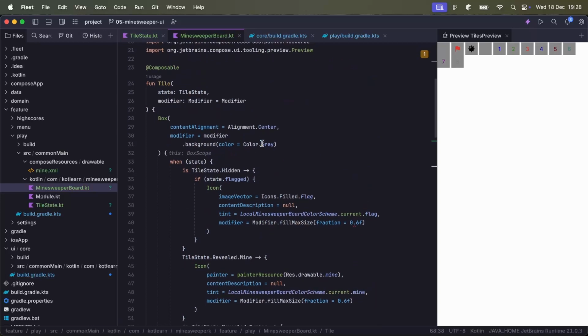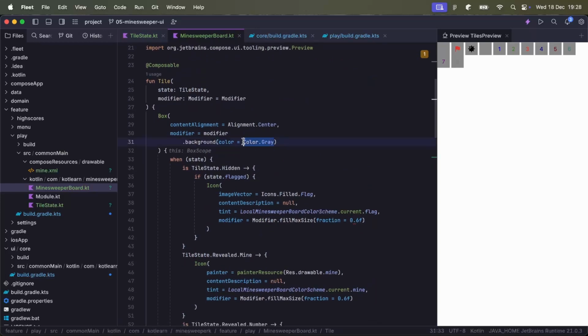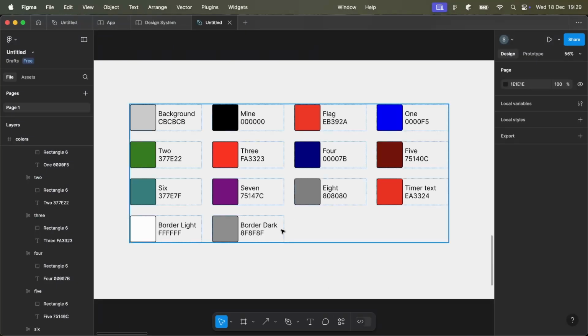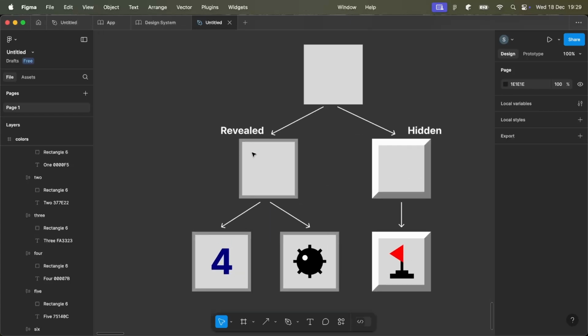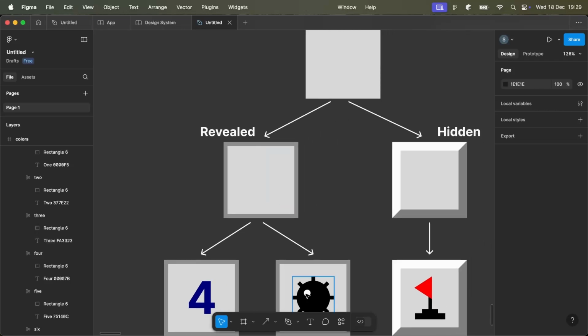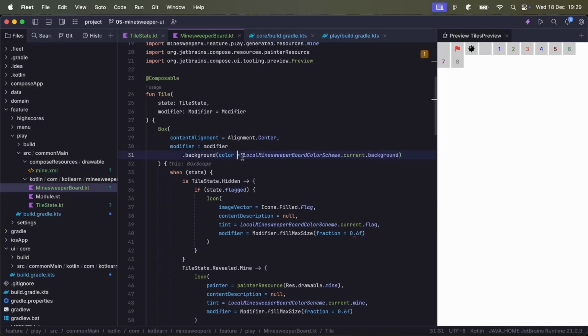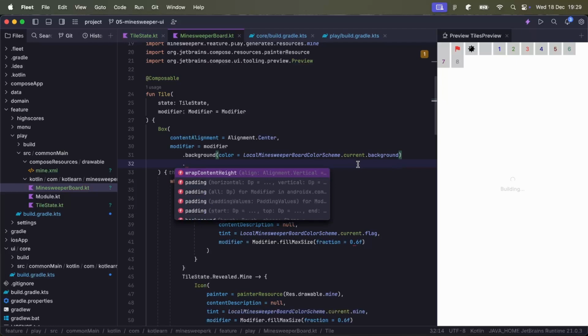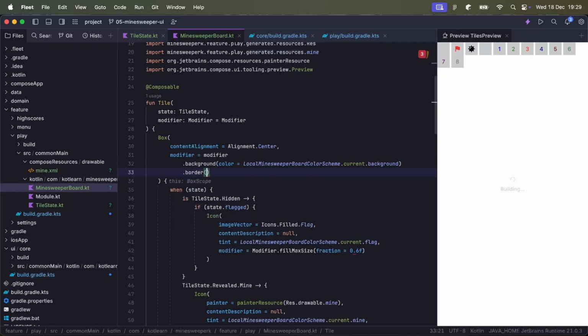The only thing left to change is this Color.Gray we originally set for the background. We'll change this to be background. Okay, they're starting to look more like Minesweeper tiles now. So now we'll look at actually adding the borders. So we'll start with this one here, as this is the most simple. So after applying the background, for this we can simply say border,